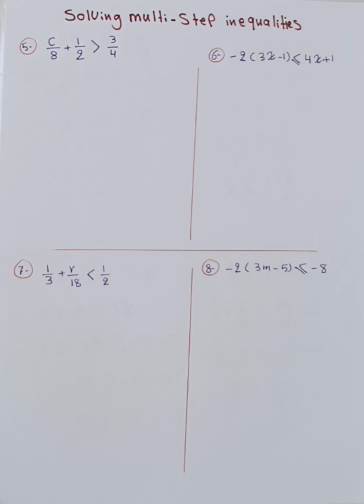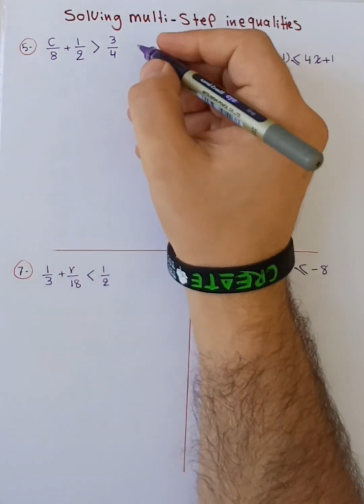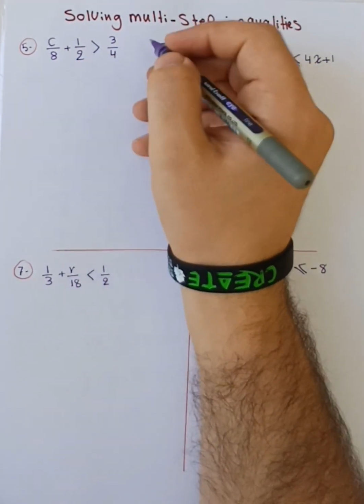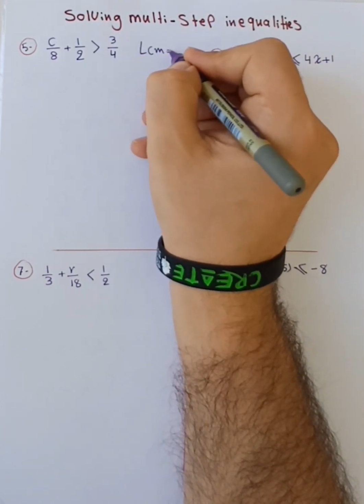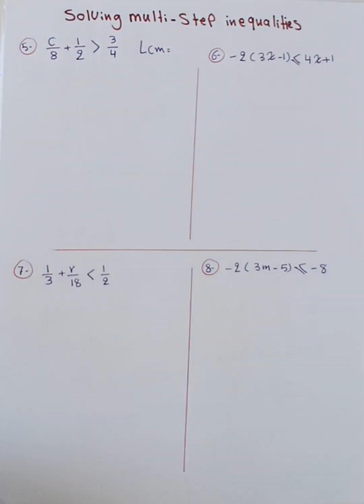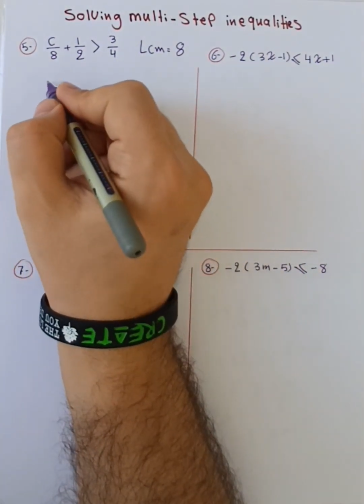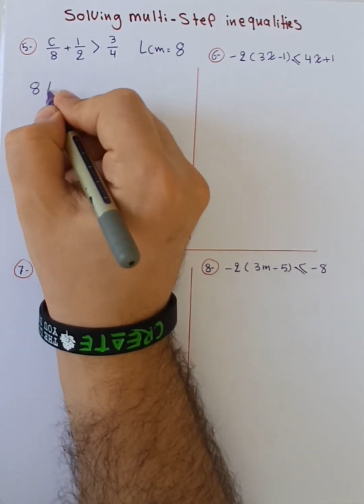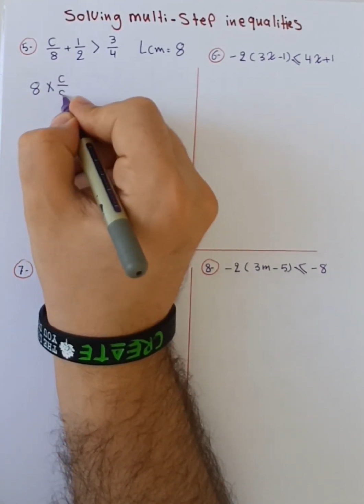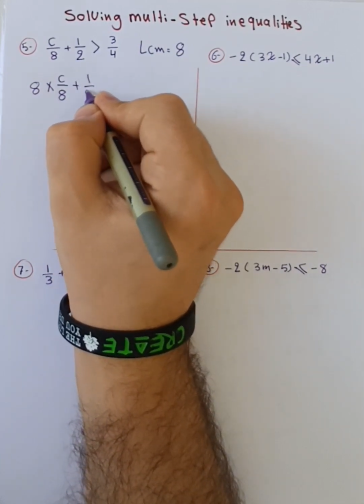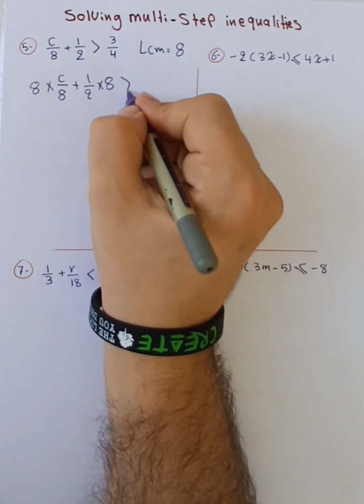Example number 5. We have c out of 8 plus 1 out of 2 greater than 3 out of 4. First of all, you have to find the least common multiple for 8, 2, and 4. The least common multiple for 8, 2, and 4 is 8. After that, we have to multiply both sides by 8. So you have 8 times 3 out of 8 plus 1 out of 2 times 8 greater than 3 out